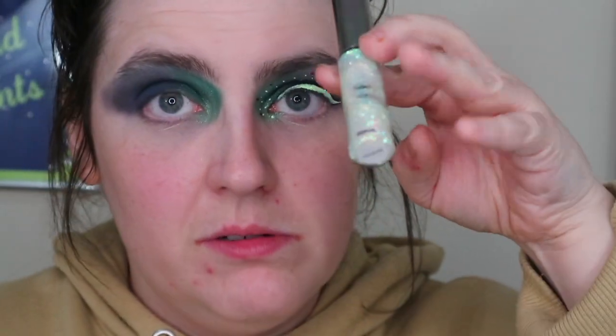I'm gonna feck off now. The rest is all super simple. I just take a black eyeliner. It's a Stila one. I have Sheen Cosmetics liner in Ice Cream. I put a bit of distortion on top, and I also used an OPV glitter in, was it Be Glooming or Be...